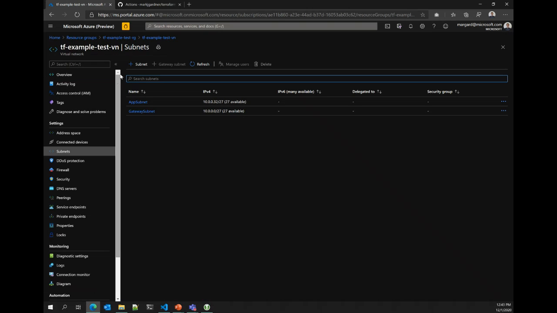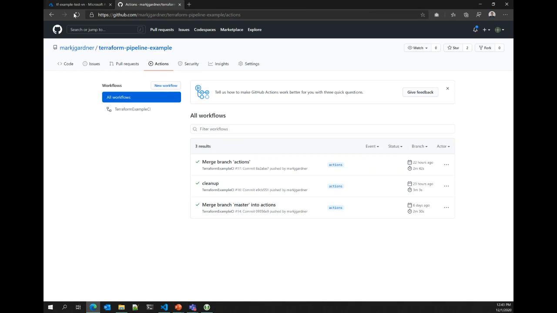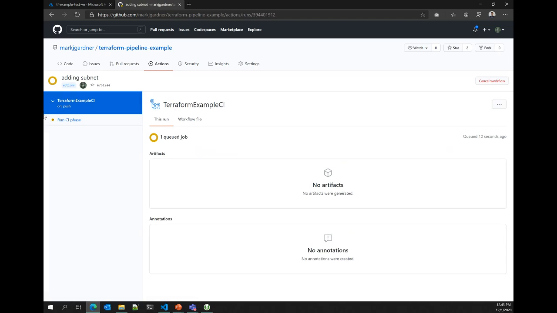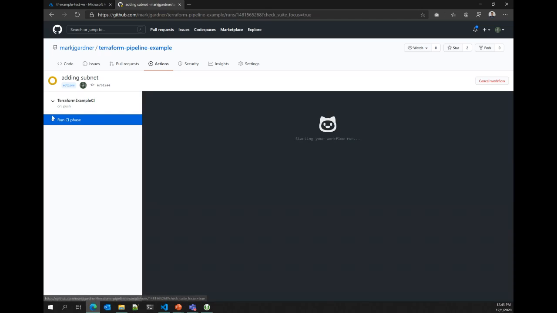If we switch over into our Actions workflows, we can see that the change I just submitted has kicked off a new workflow within GitHub Actions. And we can start to watch what this thing is doing. We can get into the details later on the Actions workflow itself. But what this is going to do is run my CI phase, which is, remember, going to build and produce my artifact, which is just a bundled up version of the definition and all of its dependencies.